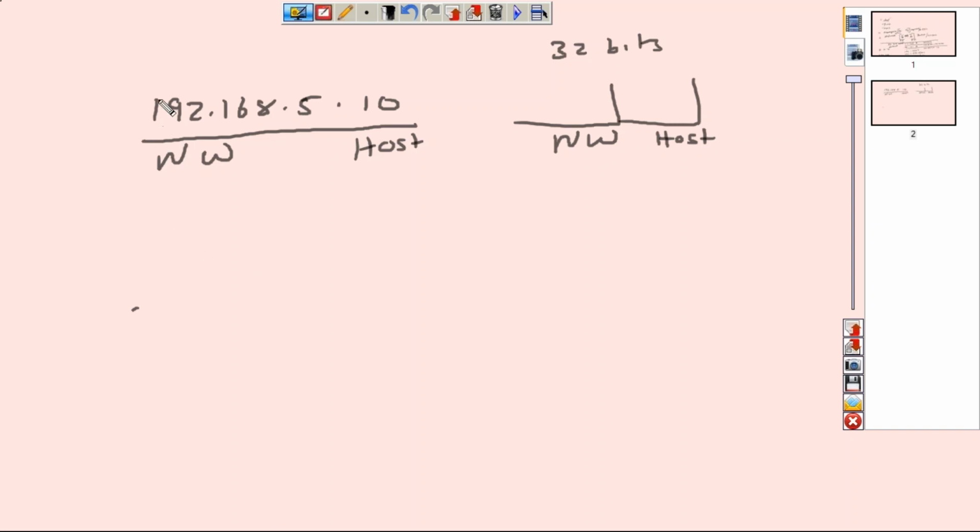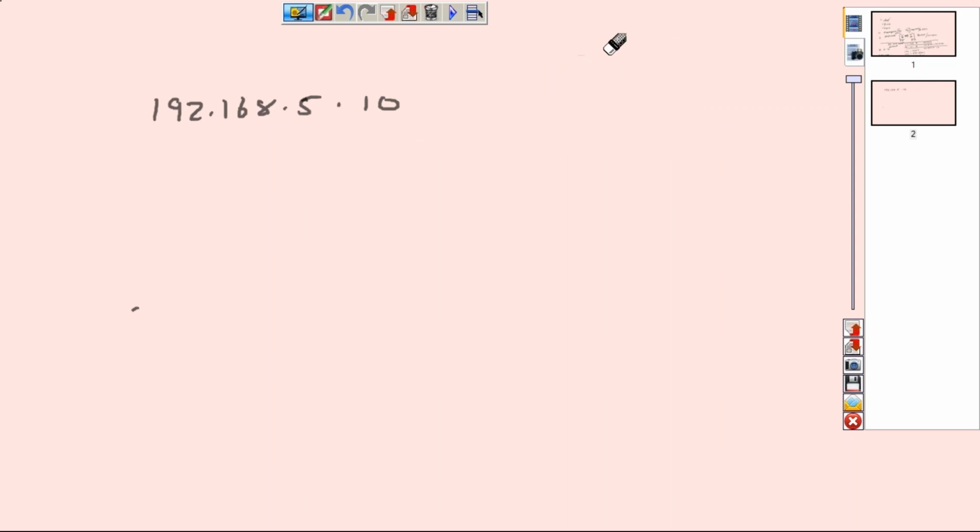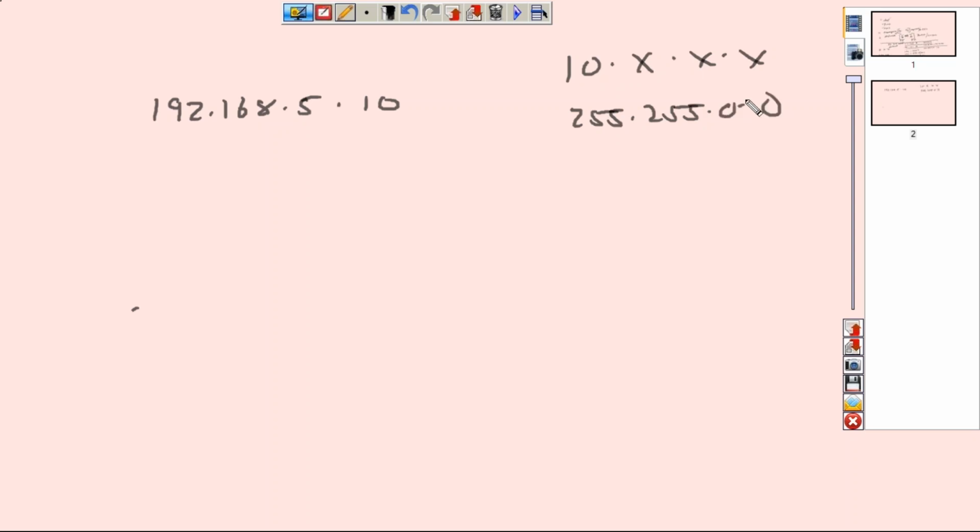Now, if I only give you this information, would you be able to figure out which is network and which is host? No, you really wouldn't, right? I'll have to have some information along with this which identifies which part belongs to the network and which part belongs to the host. This is where we use something called a subnet mask. I'm sure you have seen what subnet masks are. If you go to your machine, you'll probably see something like 10 dot something dot something dot something, 255 dot something like that, right?